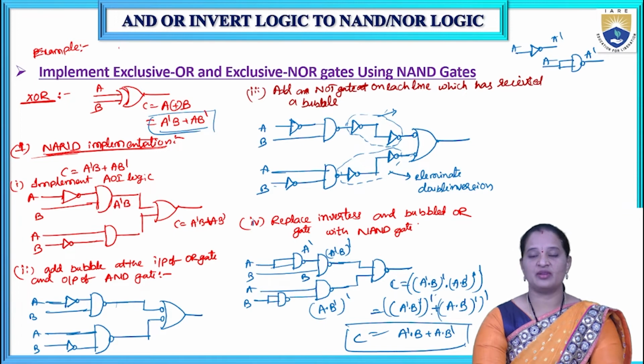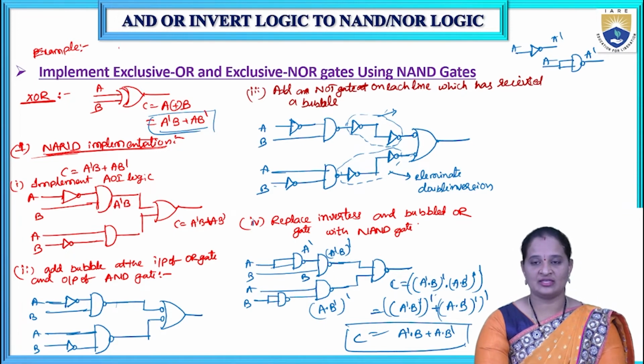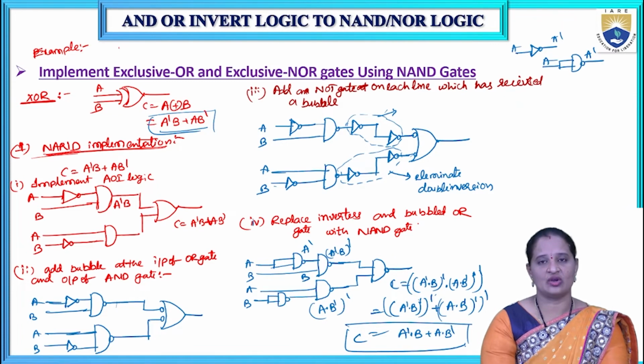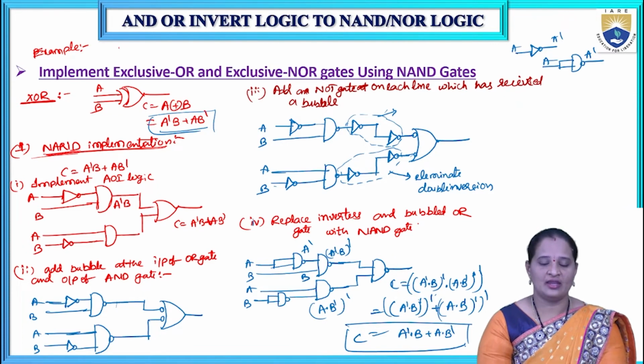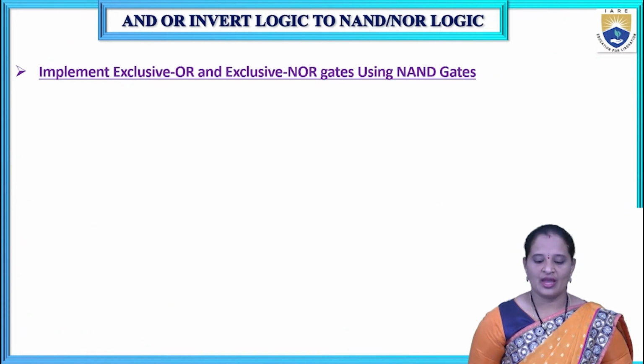That means for implementing an XOR logic gate using NAND gates, how many NAND gates are required here? 1, 2, 3, 4, 5. Five NAND gates are required. Similarly, you can also implement this XOR gate using NOR gates. I'm not going to discuss this one. I'm giving it as an assignment to you. Just implement the XOR gate using NOR. Now I will be telling you about